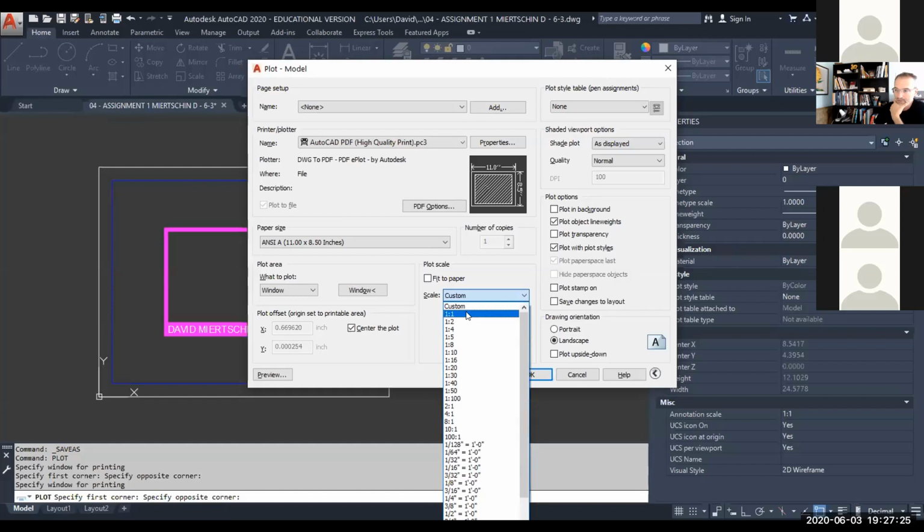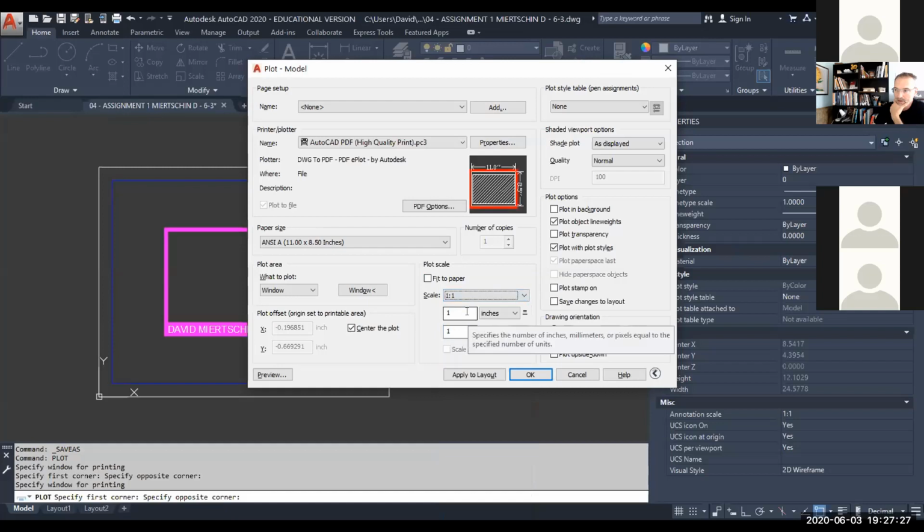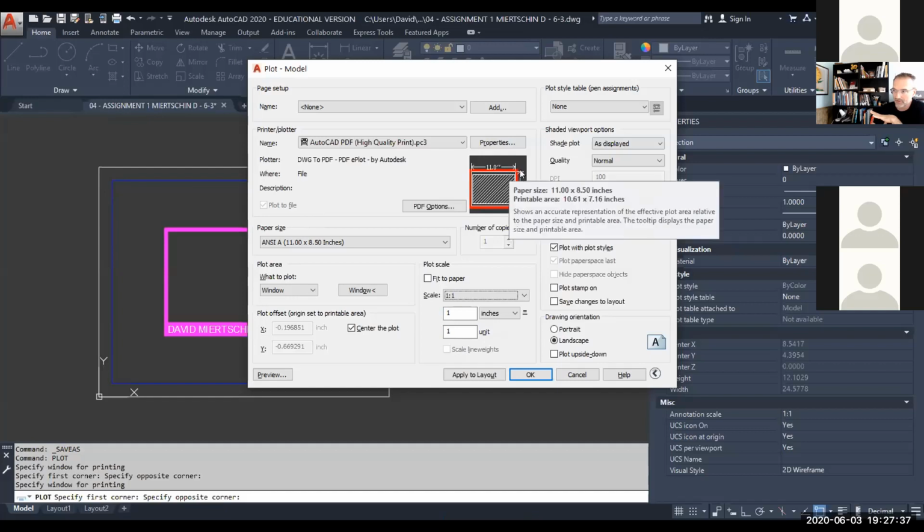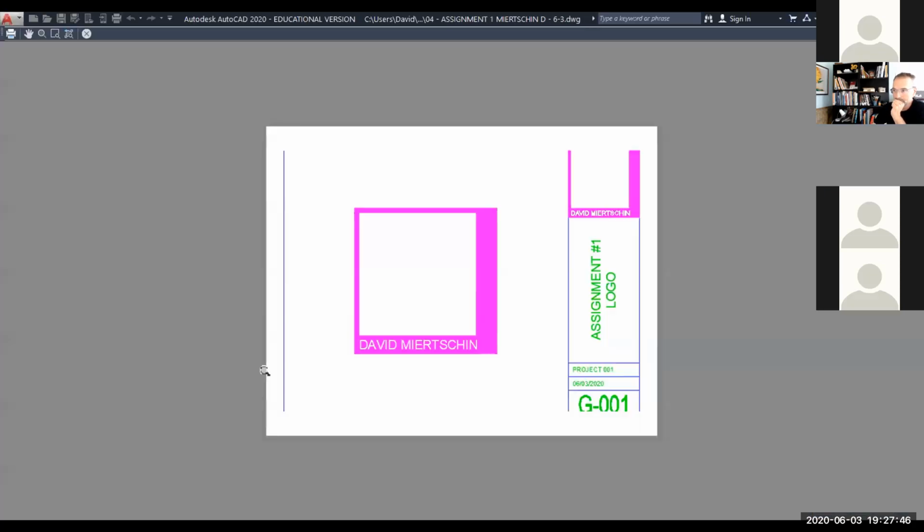So click the 1:1. That will show that part of the drawing is going to be cut off. I'm perfectly fine with that. We can't print right up on the edge of the paper, okay? So it's going to show us that part of it is going to be trimmed, and that's all right. Once we've done that, click Preview, and you're going to see, well, that looks terrible, but we're going to see